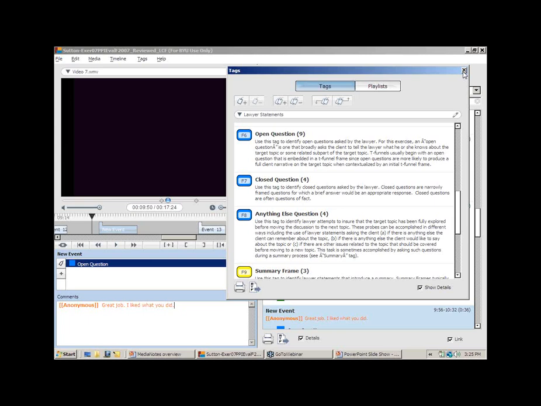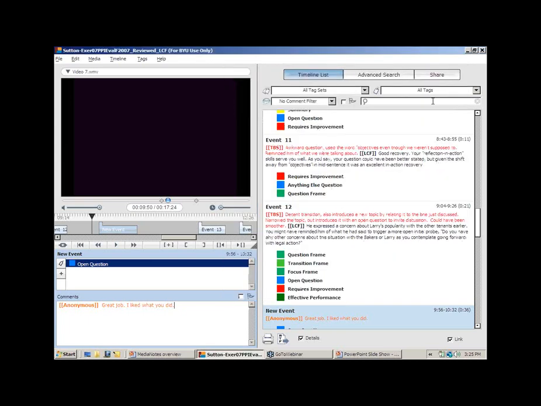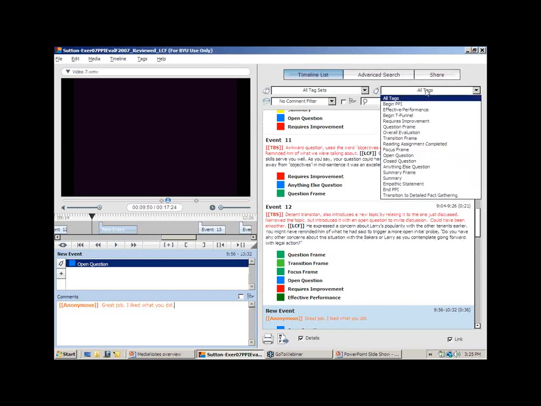Do they really know what an open question is? Do they really know what a closed question is? What I can do looking at this to review the project is say, show me. I'm going to pull down this menu here, and so we're going to go to the final part of this, which is reviewing. How do you review a project, and how does Medianotes make it easier and faster for you to review projects? I'm going to pull down this list of tags and say,